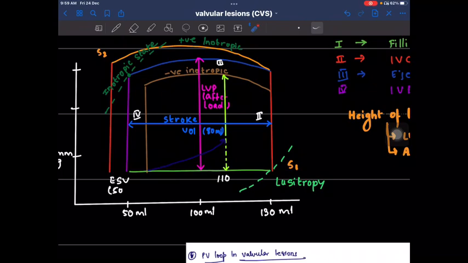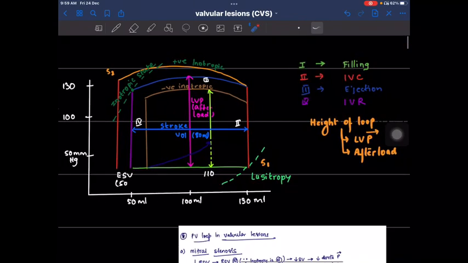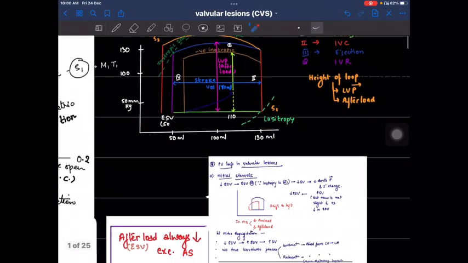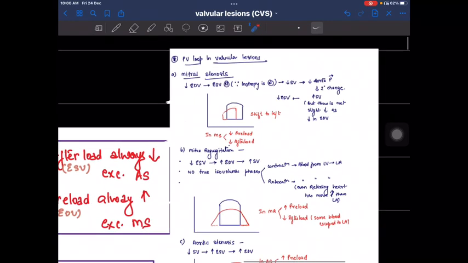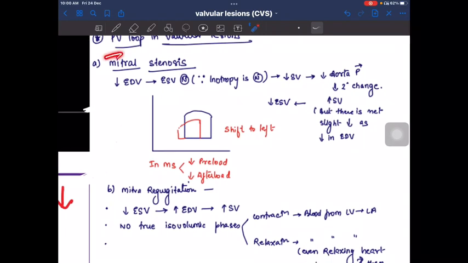Okay, I'm sure you have done these things in physio also, but it's very beneficial if you revise it here just before the valvular heart lesions. So now what we need to do is, we need to apply this to our valvular heart lesions. Okay, most common, mitral stenosis, we all know, we'll come across this later on. So stenosis means the aperture has become smaller. Okay, so the volume of blood that leaves that aperture will decrease.